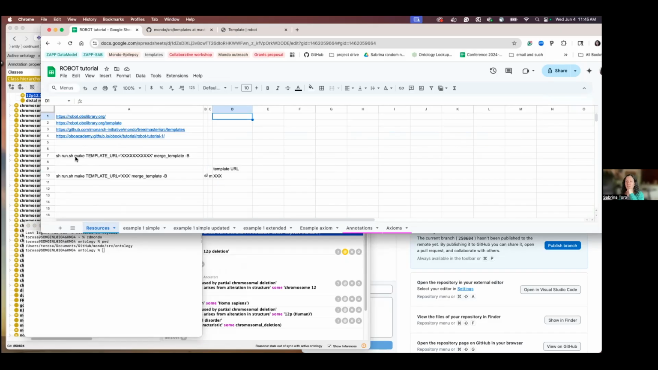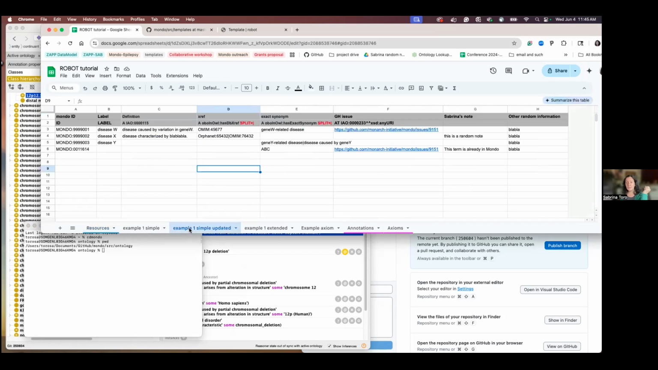And then what we are saying is, this is the command. We say, use a template that is here. It has to be in a TSV format, and then merge it. That's basically what it says. So we need to get the URL in a TSV format. The way we do that, so this is the one that we like,